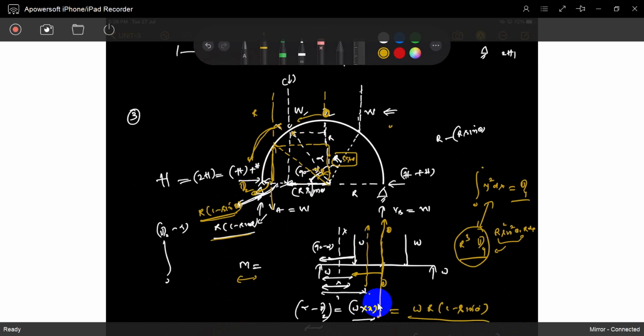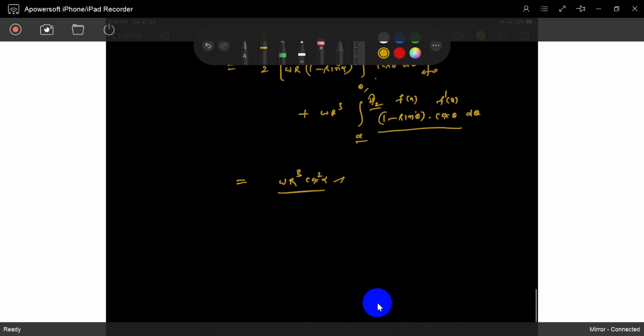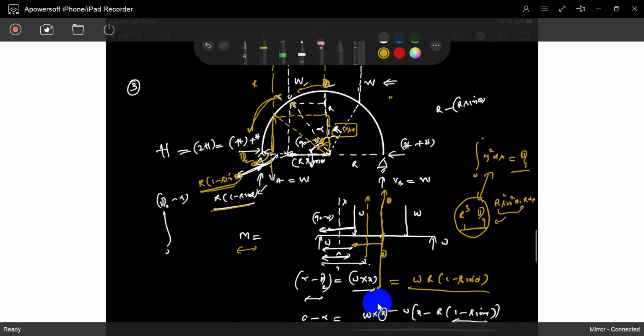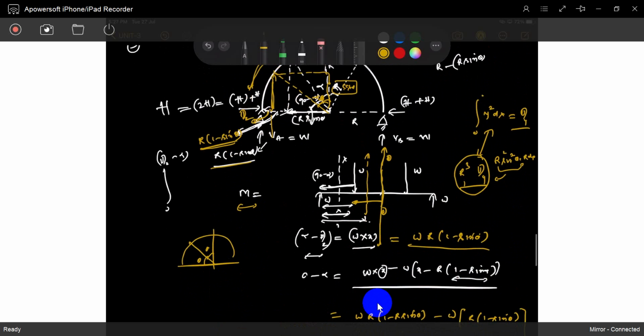This is r square sin square theta r d theta. This time we will take theta on the top side, so we will solve it, no problem. Bottom side 0 to y square ds. Now what is y? Previously we took alpha, theta at the bottom side. Now we will take theta on the top side. Okay, no problem at all. So we will solve the top side.